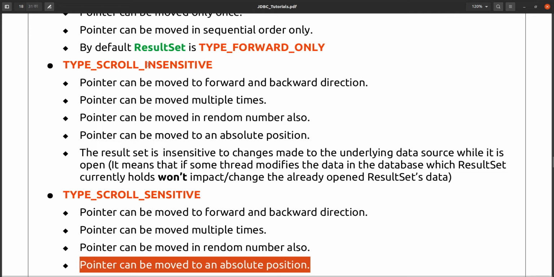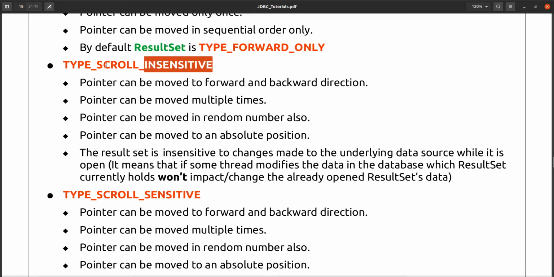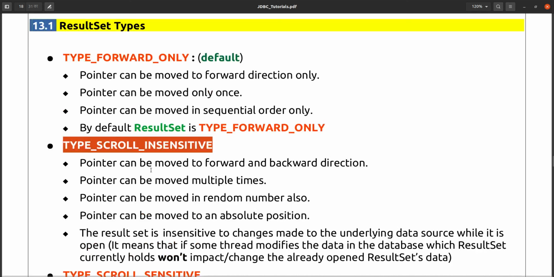The last one means it is insensitive, it is not sensing whether the data is changed in the database, but type scroll sensitive will sense whether the data is changed. If the data is changed, then immediately that data will be reflected in your result set. This is the meaning of type scroll sensitive and type scroll insensitive.